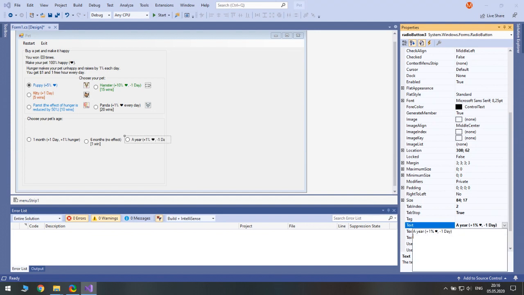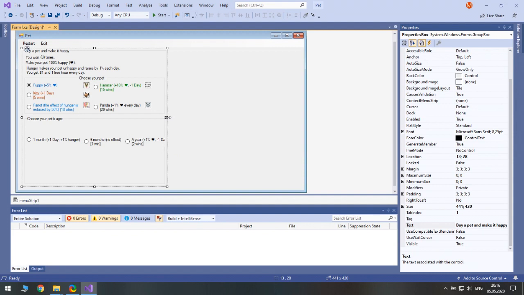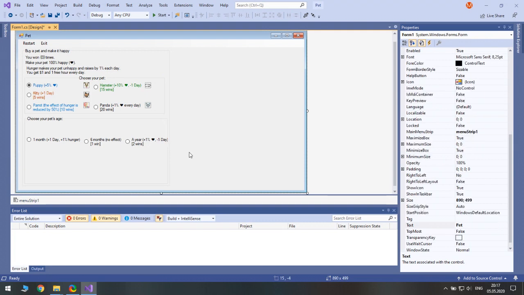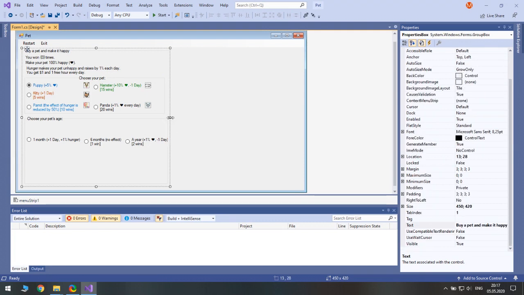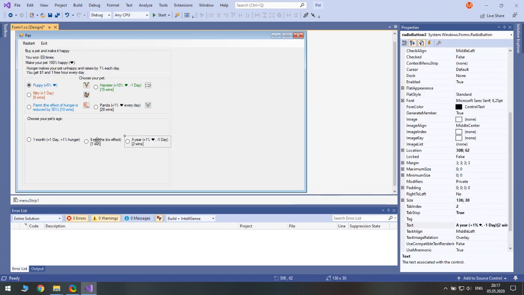And you need 2 wins to unlock this age. Oh, -1 day. Good.